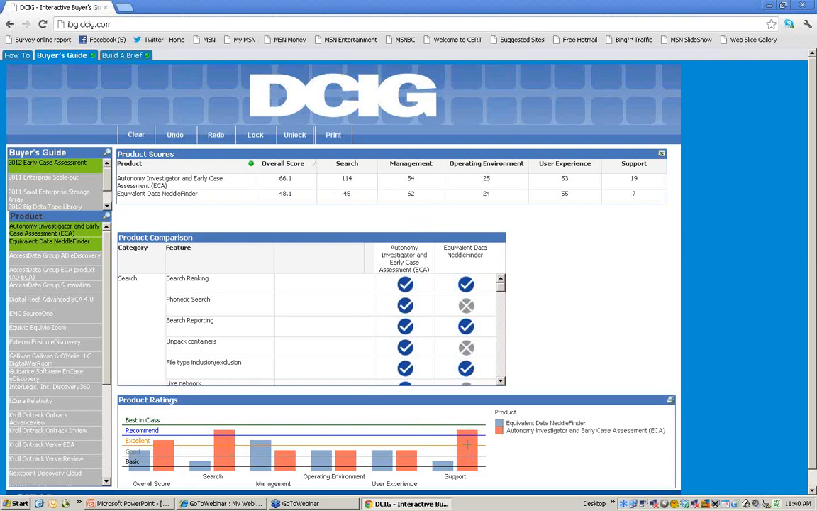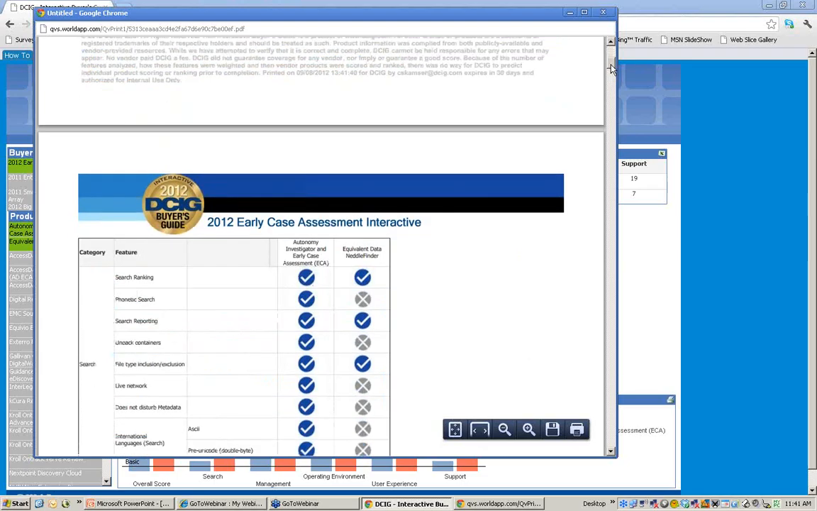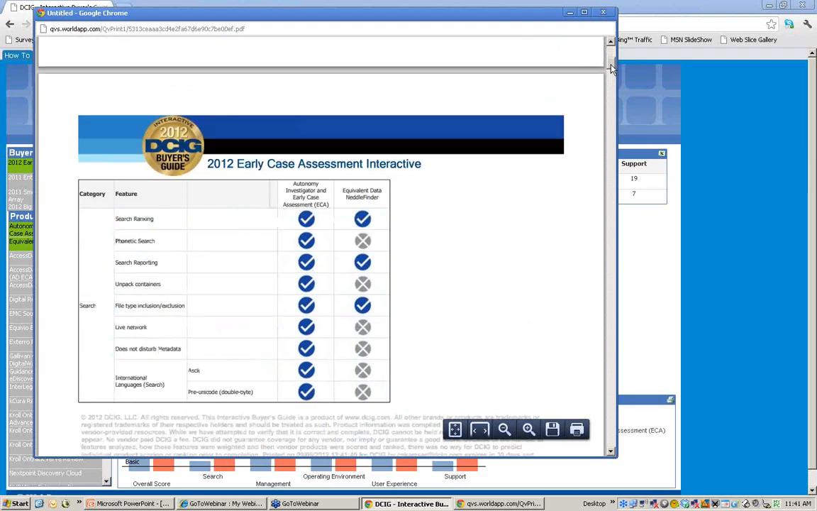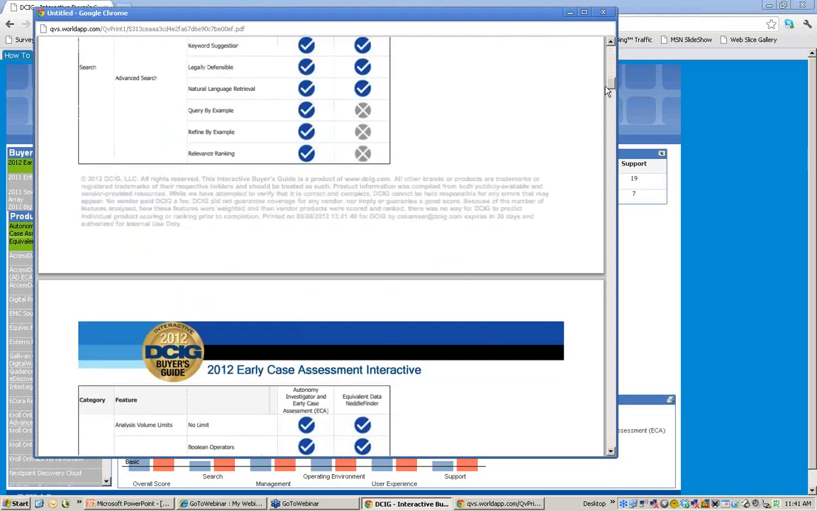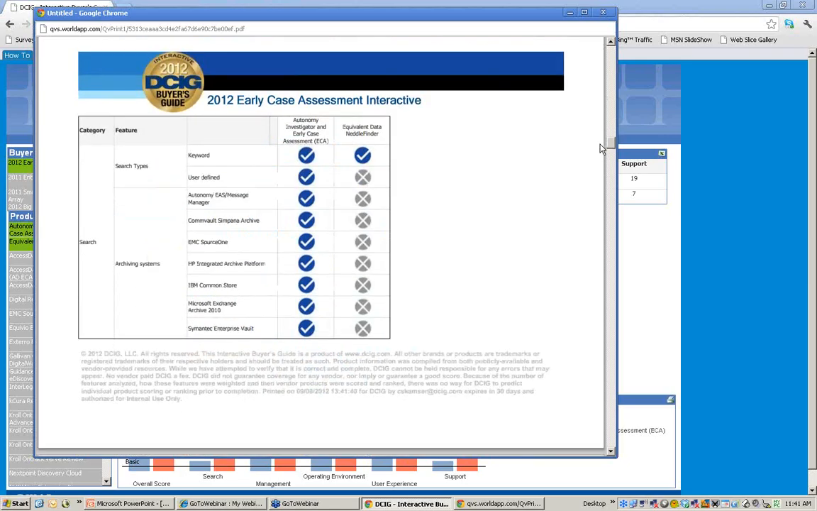We actually provide you with a chart here that shows how they did based on best-in-class, recommended, excellent, good, and basic. And again, you can print this out. So you may want to click on the print button, and it's going to show you all of this information, but this time it shows the comparisons between, in this case, Autonomy and equivalent data. So you can see that there's a tremendous amount of very granular data that will allow you to compare